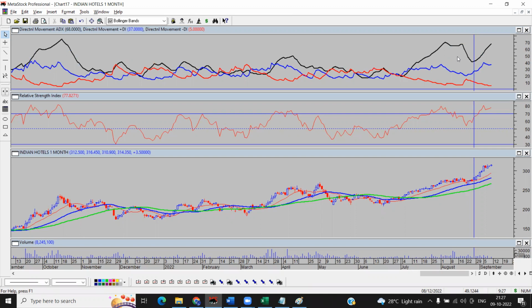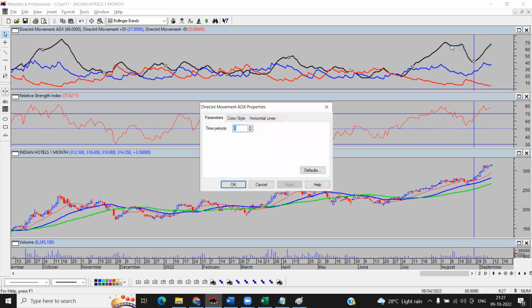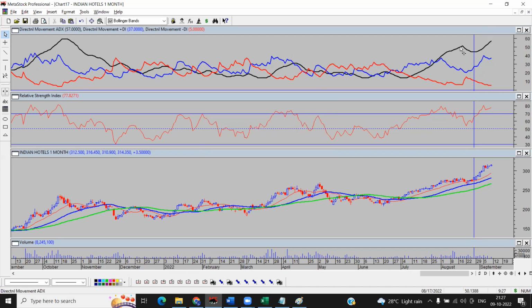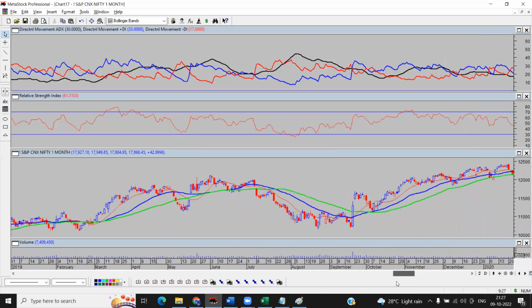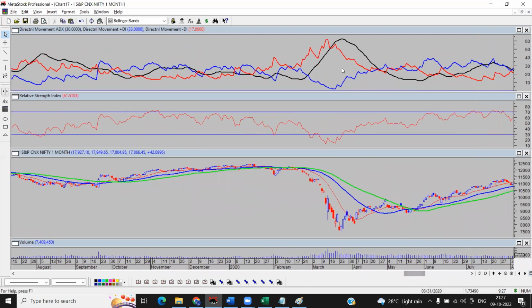Any specific reasons for it, sir? It is because, see, what is happening is here the ADX has reached 70 odd levels. Now, in 14 period ADX, your ADX had reached levels of 51. That itself is 50 levels. Now, if it starts coming down, then again moves up, it will take too long a time. Just I'll show you in Nifty. In March 2020, what happened? ADX has moved to a lofty level.